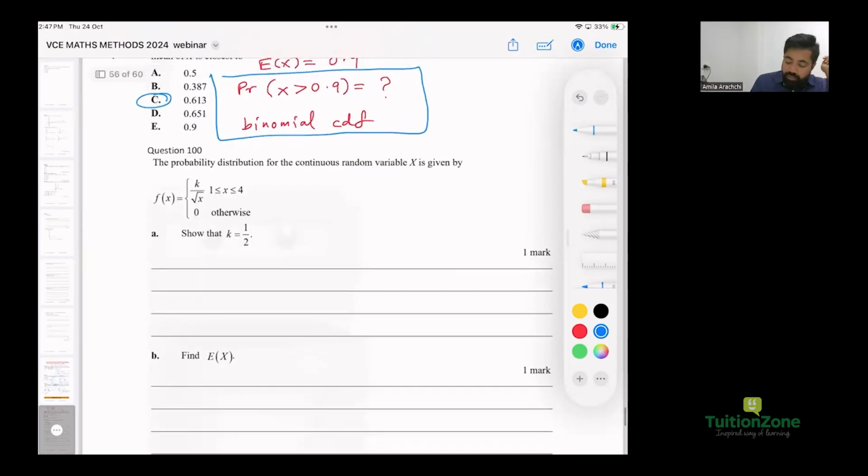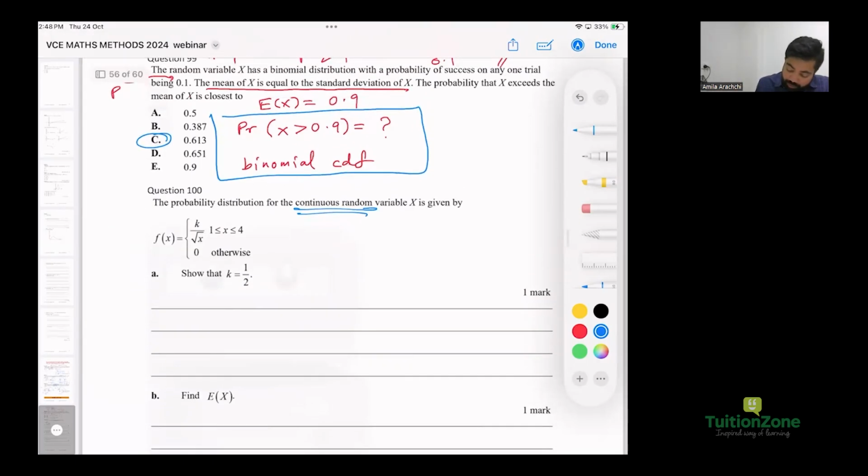Because a continuous random variable means what? If you sketch the graph, it has to be above the x-axis, and if you find the area for the defined region, the answer must be 1. So two reasons: the graph is above the x-axis, and the total area must equal 1. So just do the second option, which is integration from 1 to 4, k over